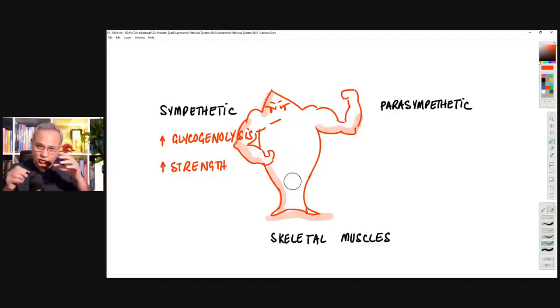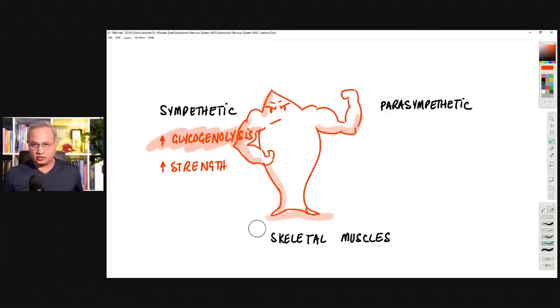Interestingly, muscles are selfish. Why are they selfish? They break down glucose or glycogen, which is stored form of glucose, but they never release it in the blood for others to use. Liver, when that breaks down stored glucose, it releases it for others to use. Muscles are selfish. They say, I will break down glucose because I need that from the stores, but I'm not going to send it to anyone. I am going to use it. So glycogenolysis would occur, stored glucose will be mobilized, but will be used in the same muscle. That is why the muscle strength would increase.